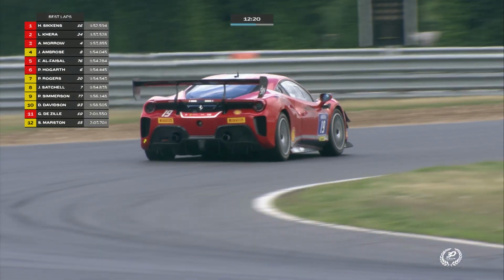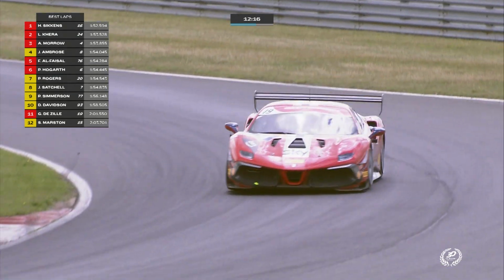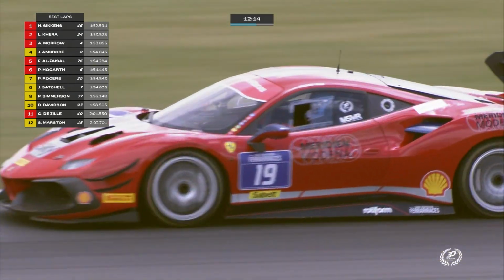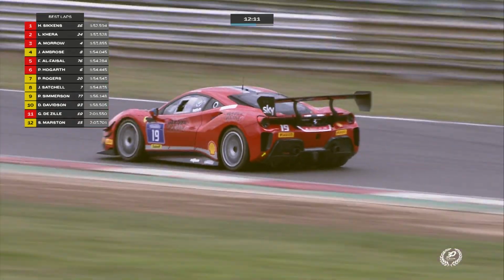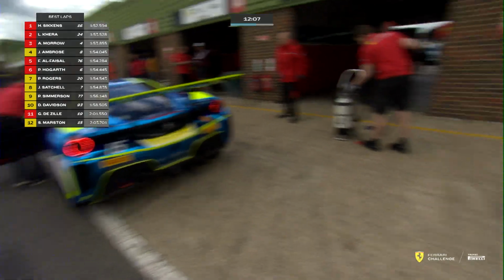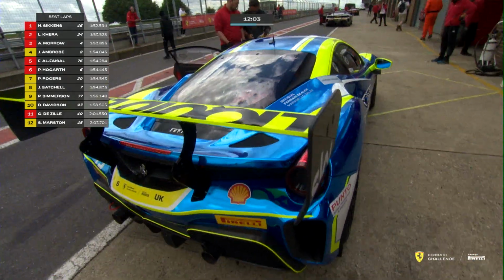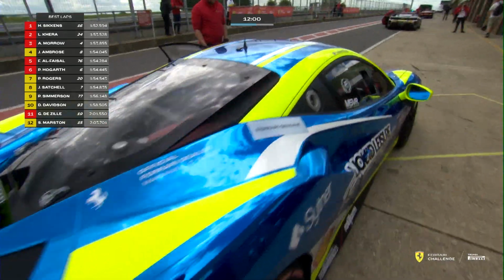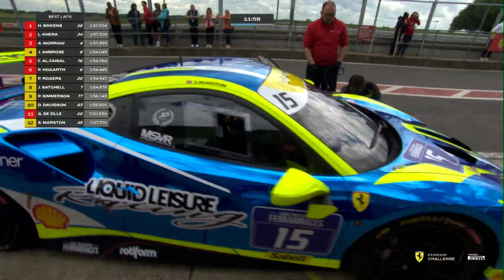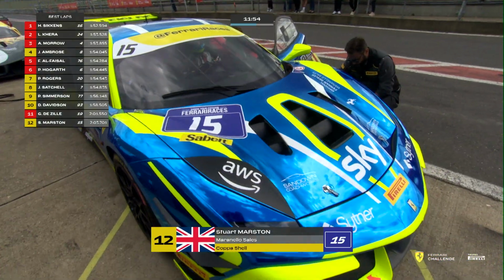But Graham DeZille back out on track, trying to improve his time, as you say, 2:01 at the moment. He'll need to find quite a bit of time to get on the pace with his fellow Trofeo Pirelli runners. But I'm still really impressed by Jason Ambrose. He's still up there in 4th in amongst the Trofeo Pirelli drivers. Andrew Morrow 3rd, Jason Ambrose 4th, then Faisal. So that's a really good lap time, certainly a good banker lap time from Jason Ambrose,